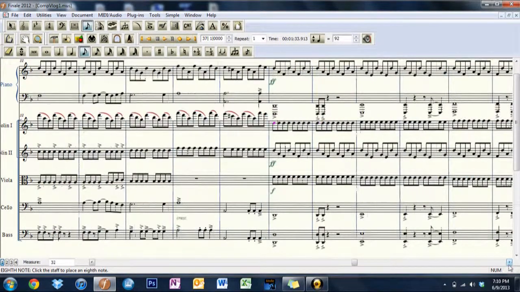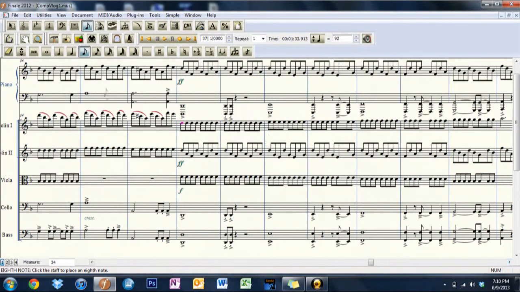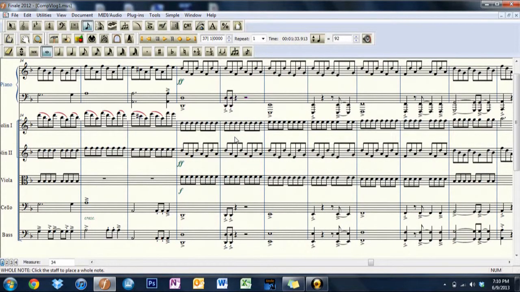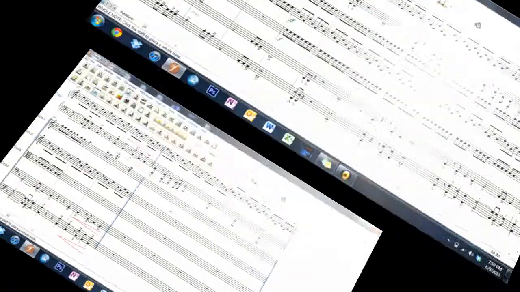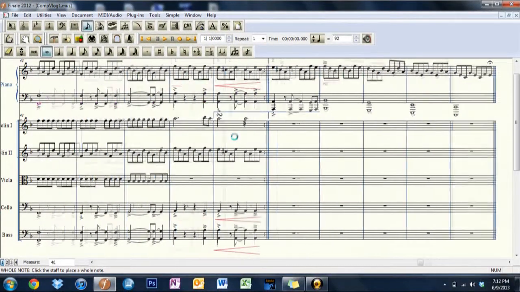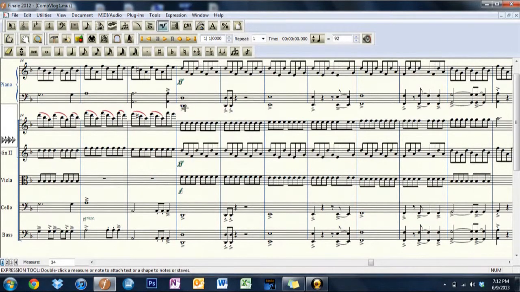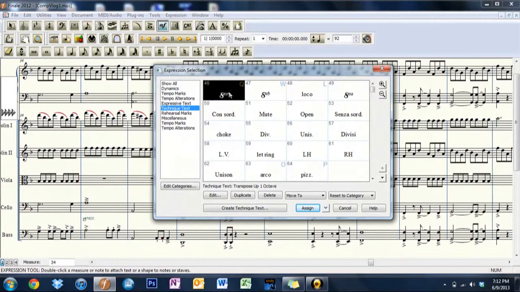But what I can do is take that, take the low notes on each one, kick them up an octave, and then put an 8va in its place. Now let's go back a little ways. There it is. So now I'm going to leave the violins where they're at, and then simply mark in 8vb